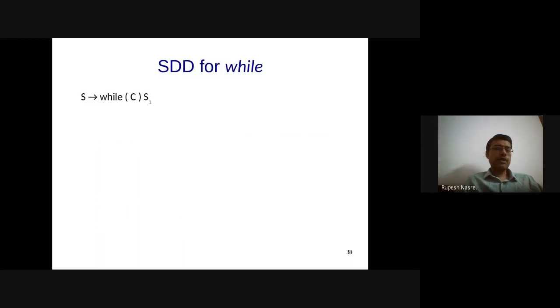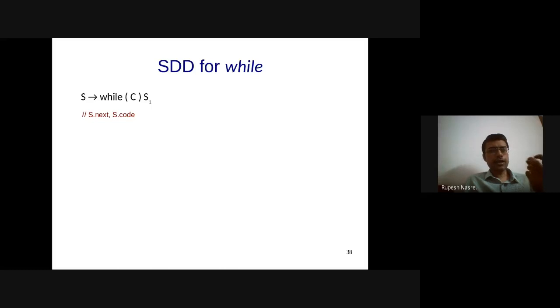So let's come back to our SDD that we had for the while loop, and we had some discussion about what kind of statements we require, the labels, etc. Now, having seen it for the various Boolean conditions, we should be able to write it, or at least recall what we had written, right? So let's look at that.